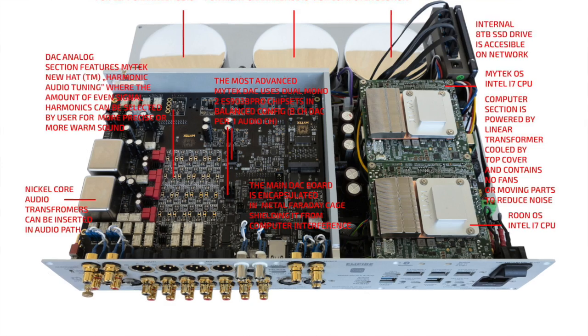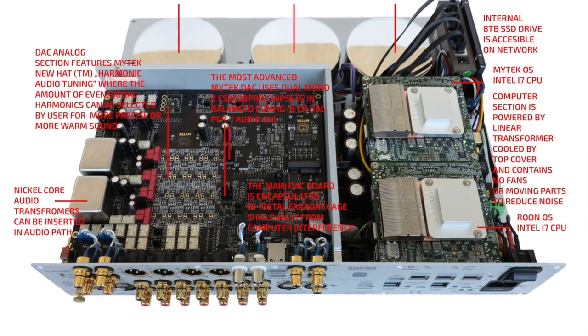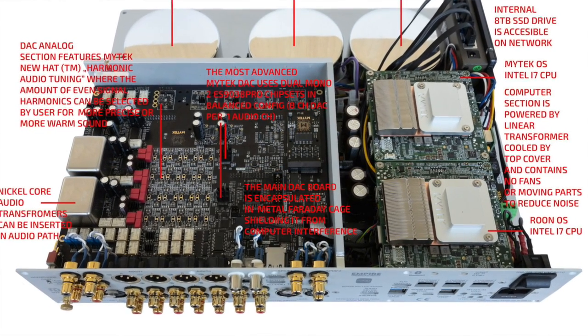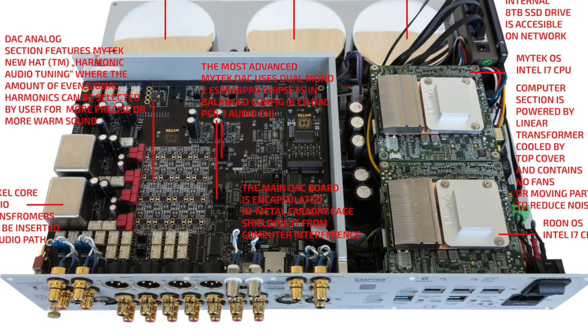All those streamers from the Mytek streamer line have similar software to what you saw here, although the more expensive, as you go up in price, the more expensive products offer more features, more processing power. For example, Empire has two i7